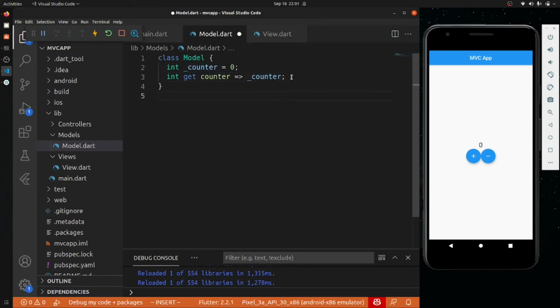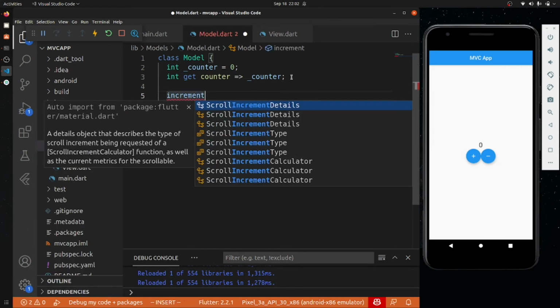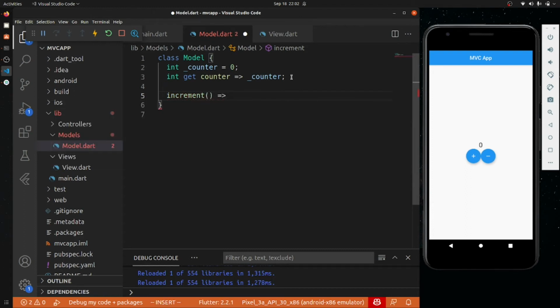Now I want to create two functions, one that will increase the value of this counter and one that will decrease it. So I will create an increment function that will go with plus plus counter, and then a decrement function that will go with minus minus counter.